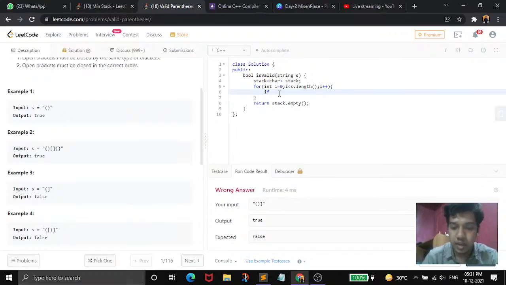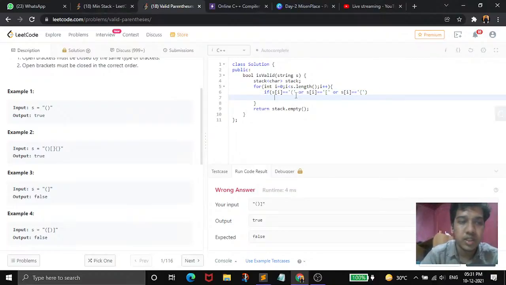So I will write an if statement, with string of I, like we are running the for loop for a variable I. If string of I is equal to the opening bracket, just the opening bracket, or string of I is the opening bracket of square type, or string of I is an opening bracket of curly type. So if this happens, what we have to do is simply push this into our stack,